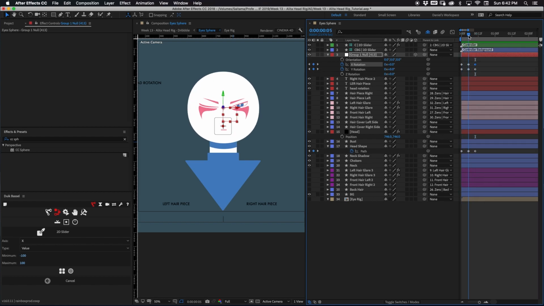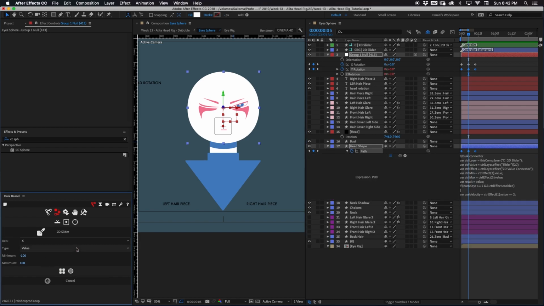Okay. So we're going to have to rig, first off, the X-axis. Or yeah, the X. When it's a sphere or a 3D object like this, it's kind of backwards from what you think. The Y-axis is actually what's going to be messing with the left and right rotation. So we'll highlight those, and then we'll highlight these for the X-axis. Then we connect those properties